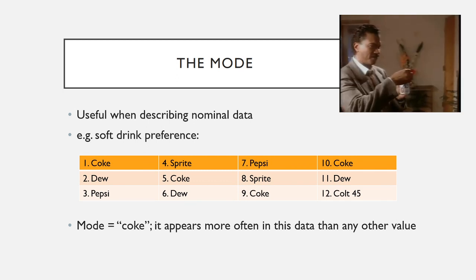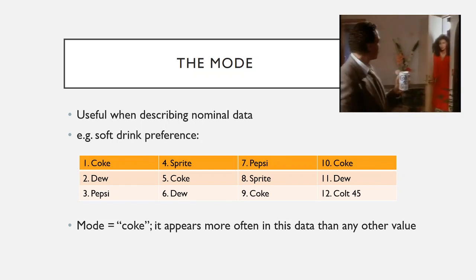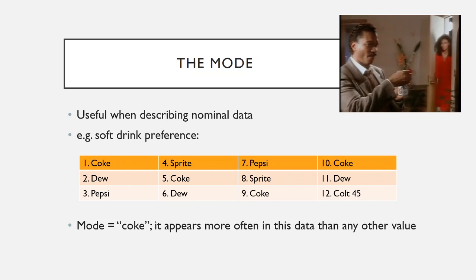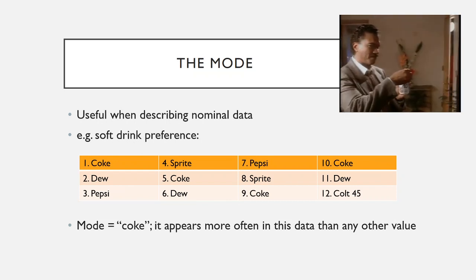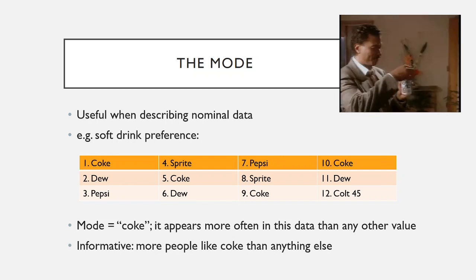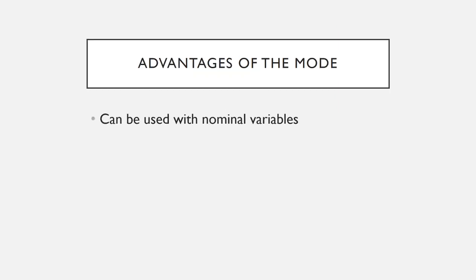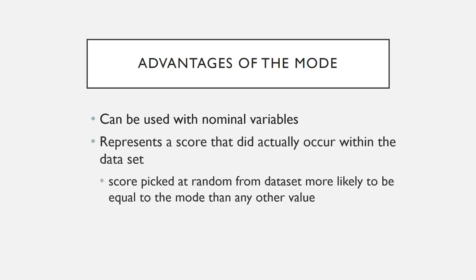So if you do have data that looks like this, where you just have a series of categorical responses, your options would be to make a frequency distribution, or you could derive the mode as a way to generally describe your data set. Like I said, the mode is particularly useful when you're dealing with a categorical variable that you can't subject to any more quantitative analysis. Additionally, as opposed to the mean and the median, the mode is a score that did in fact appear in your data set. And it is informative. Any score picked at random from your data set is more likely than any of the others to be the mode. So it does give you some information.